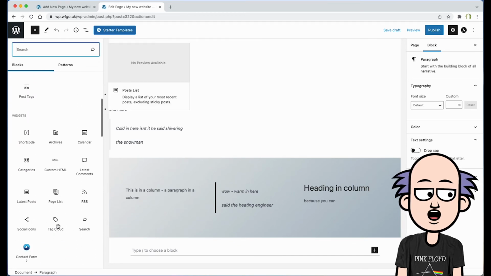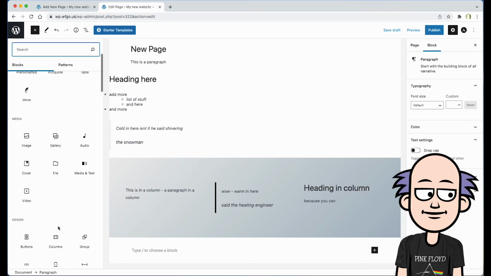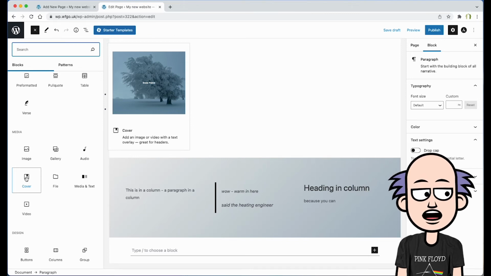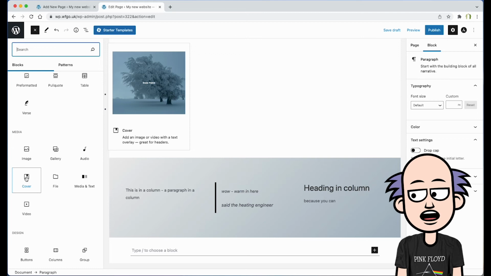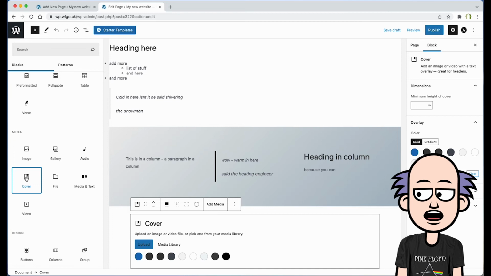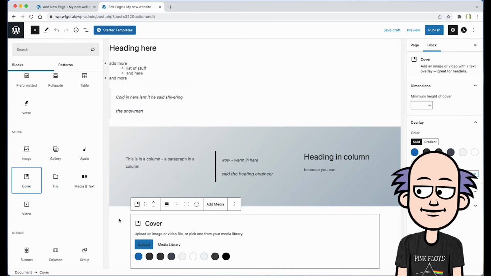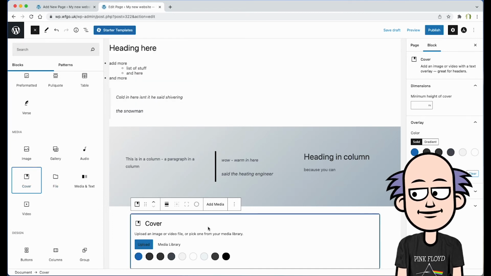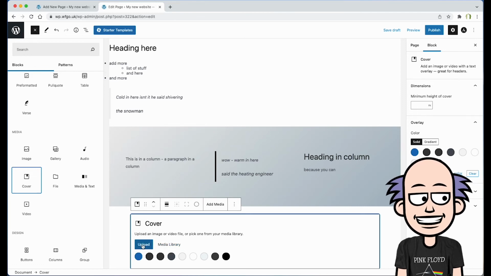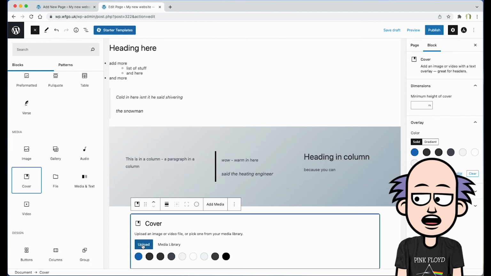Now, we are going to put in something called a cover. Here it is, a cover. Just to the right of this column it says, add an image or video with a text overlay, great for headers. So we're going to add a cover, and because my cursor was down here, that's where it's put the cover, down below the columns. It's offering me the chance to click on upload to take a picture from my computer and put it in there, or